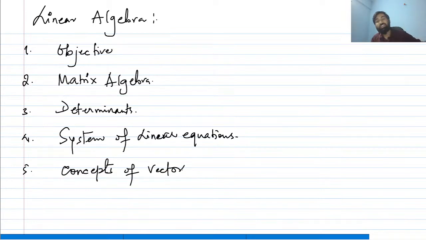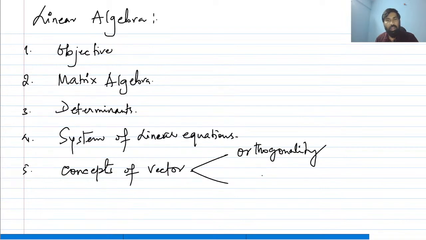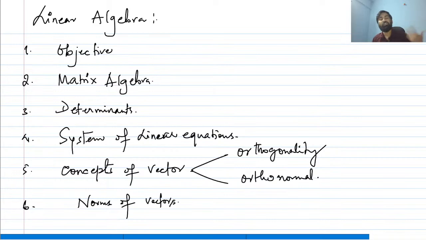We will not get into the detail of those kinds of vectors. We are going to talk about row vector, column vector. And here we will discuss the properties of vectors, like orthogonality, how two vectors are orthogonal, and orthonormal. Here we will talk about orthogonality and the concept of orthonormal, and I will prove it also, right? And norms of vectors. What is the norm of a vector?